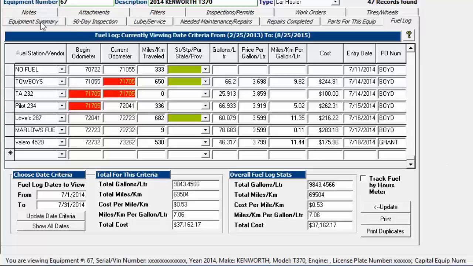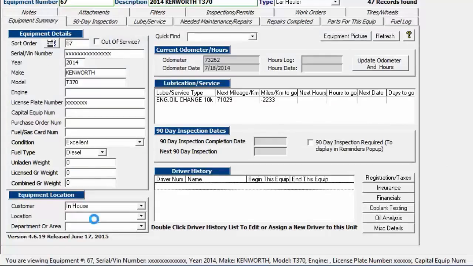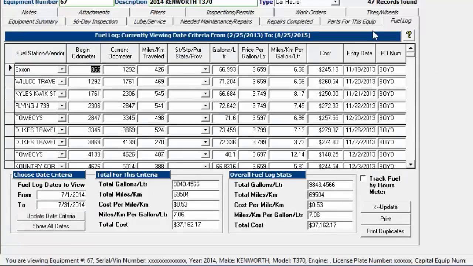Now we're looking at version 4.6.19 released June 17th, 2015. So the features in here are going to be relevant for that version. Some of this stuff was available on a few versions earlier, so you may have most of this. On the next version,